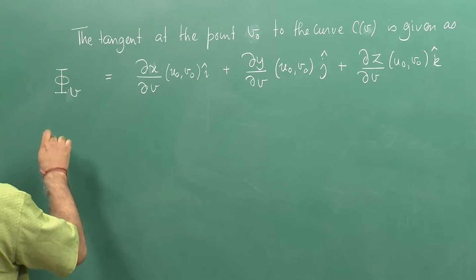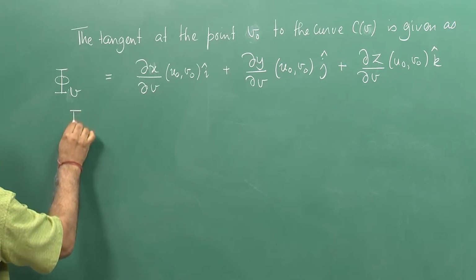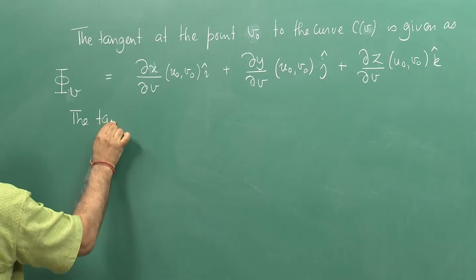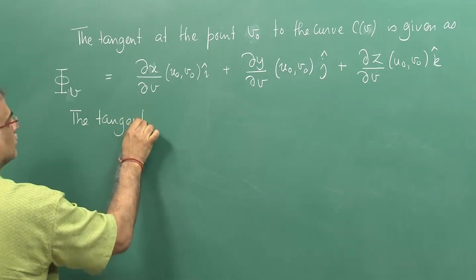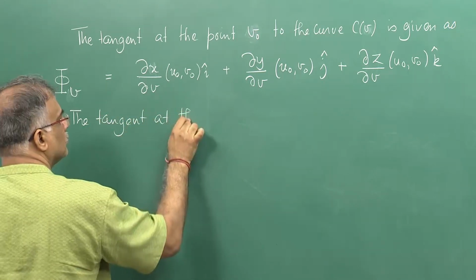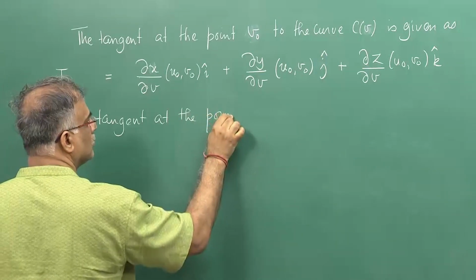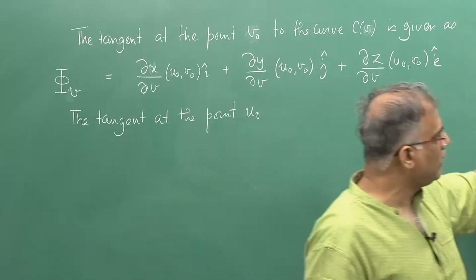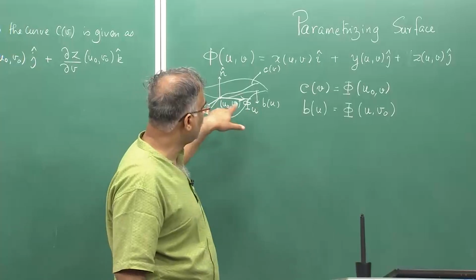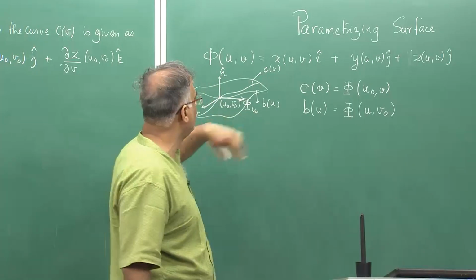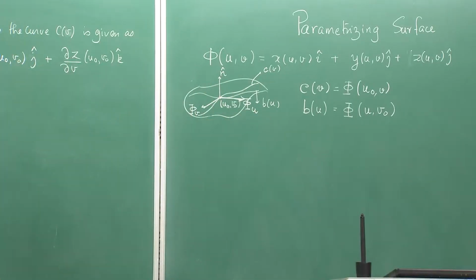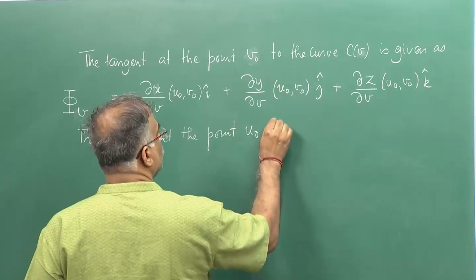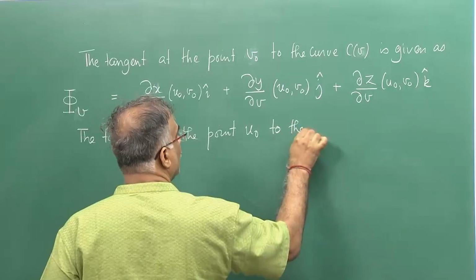So, the tangent at the point u naught, along the curve C at the point, is all curves of the form u naught, v at v naught, I am trying to find the tangent. So, that is it. So, tangent at the point u naught to the curve BU